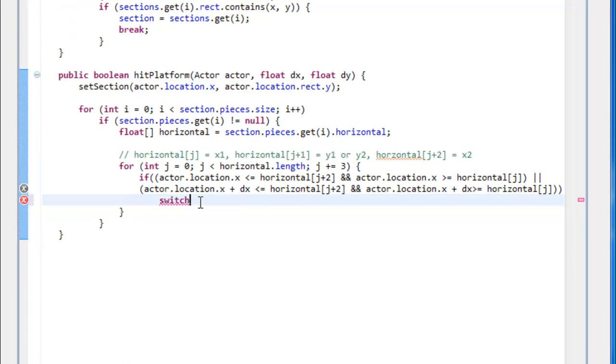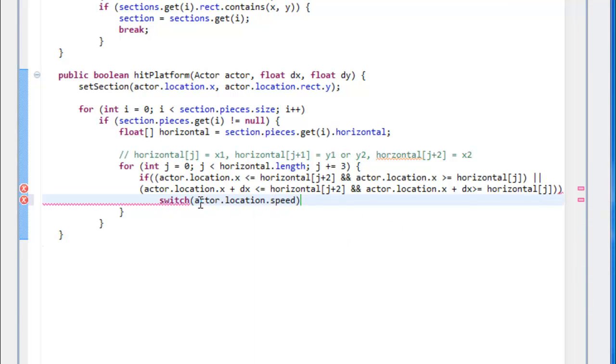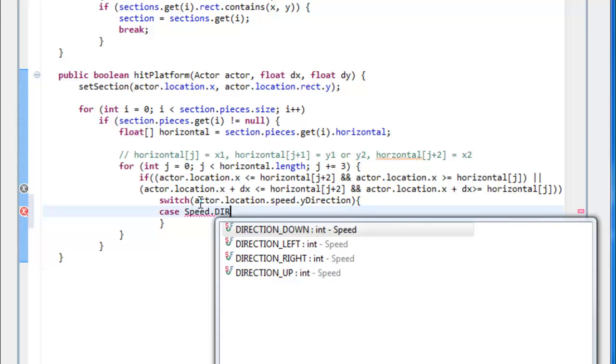Well, for now, you know what, should we take care of the ceiling detection now or later? I might as well detect the ceiling now. It's not much more work anyways. Speed y direction. Okay, now in case that speed is direction down. If we're falling down,